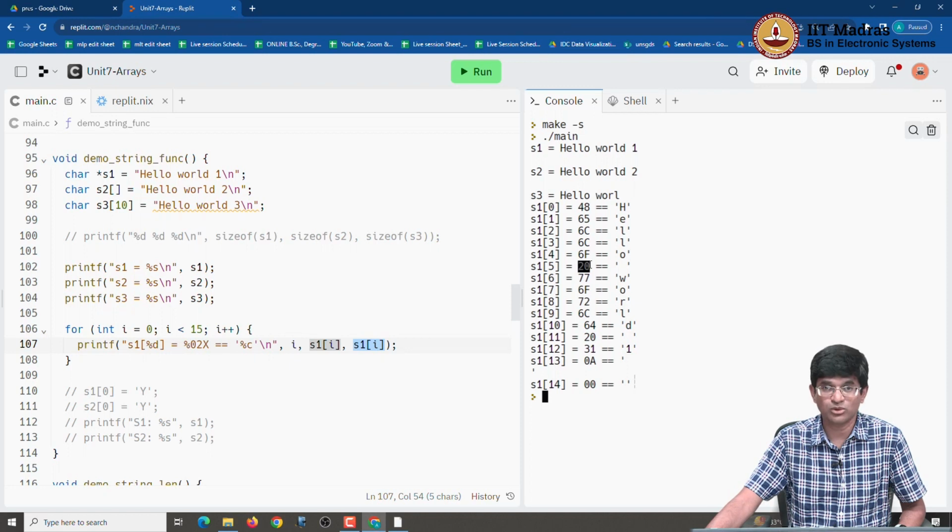The character 20 in hexadecimal, or 32 in decimal, corresponds to a space. Then we have 77 hexadecimal, which is W, and so on, WORLD, once again a space. The number 1, which has an ASCII code of 31 hex, which is 49 decimal. And then S1 of 13, the 14th character in the string, has the value 0A, which is decimal 10, and you can see that it got printed out as, there is the starting quote